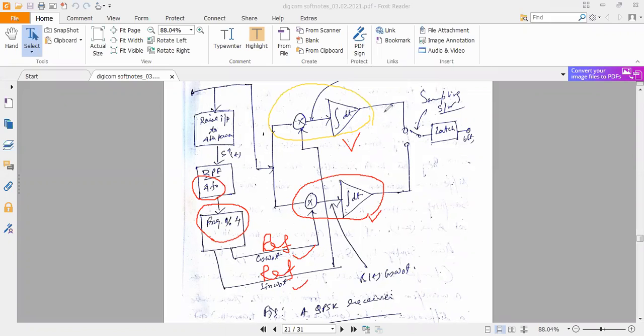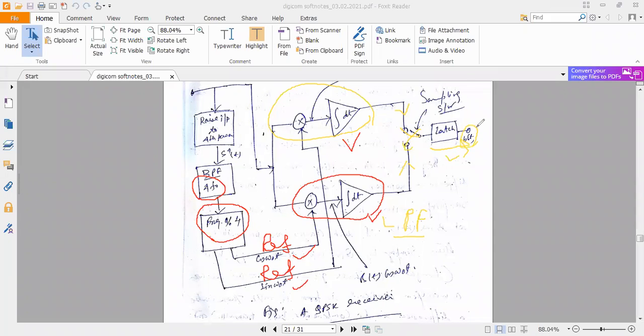After integration, as you know, it's a low pass filter. So it will send the DC value here. Now there is a latch, a sampling switch, which means for odd it will be connected here and for even it will be connected here. So synchronization must be there. For odd data, the connection would be on this side and the data will go to the output, and that will be treated as a bit.